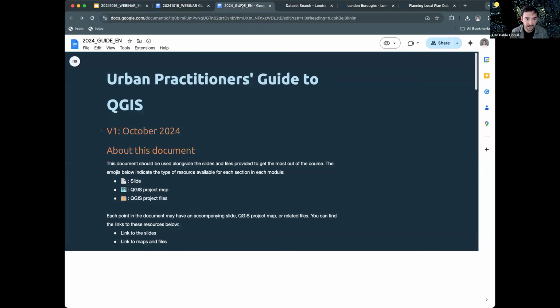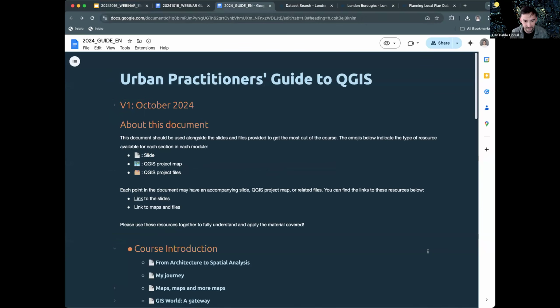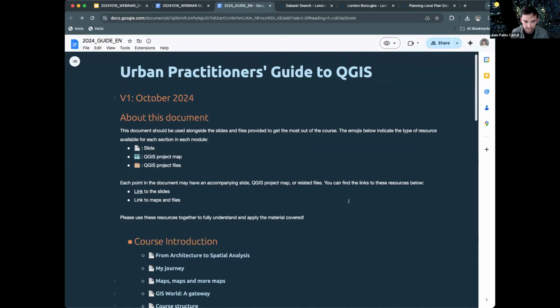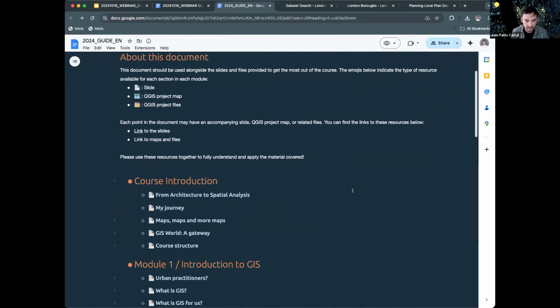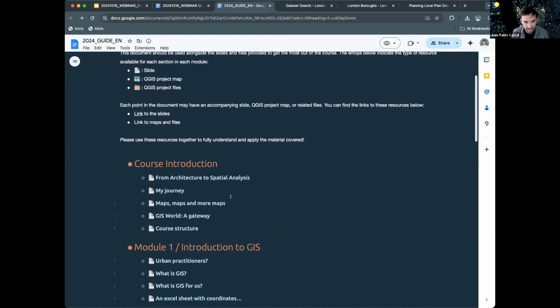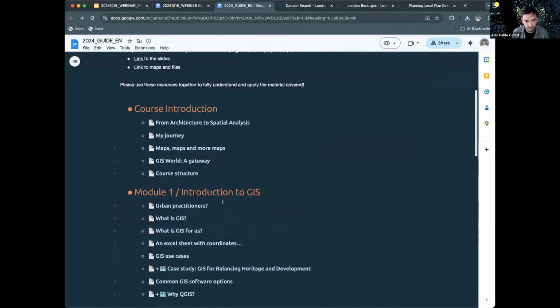And about the guide, this is the guide, and as I was saying, I think this is a great resource for you, because if you're listening to our classes, obviously you will get most of it. But if you want to come back to reinforce some concept, you can come back to this guide and get all the material needed for learning all the tools that we will cover here. So this guide has the same organization that you see in our modules.